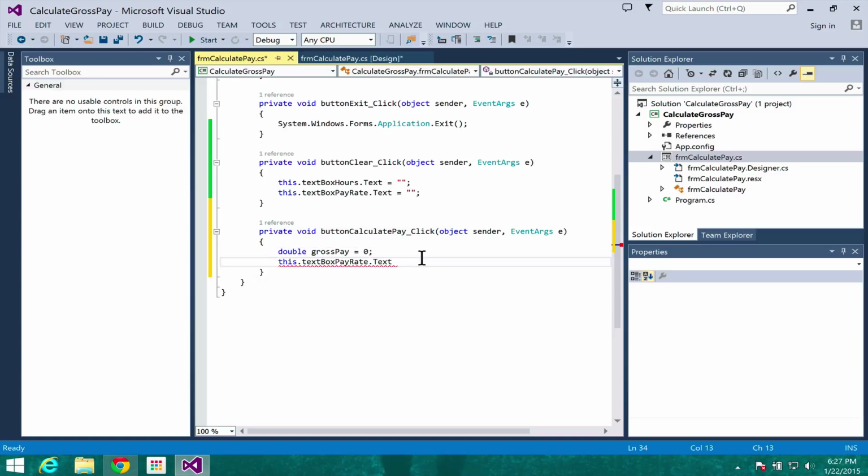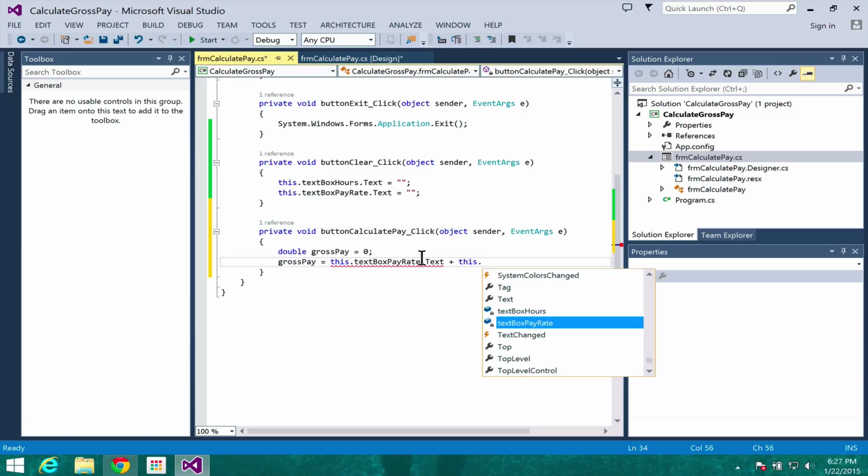So we're going to declare gross pay. We'll declare it a double, which is a floating point number, which we'll talk more about later. But effectively, it's something that has decimals in it, not like an integer. It's actually much more complex than that, but we don't have to know that for now. So then what we want to do is take the two numbers and multiply them together. But anyway, we'll get back to that. We'll do the text box hours times the